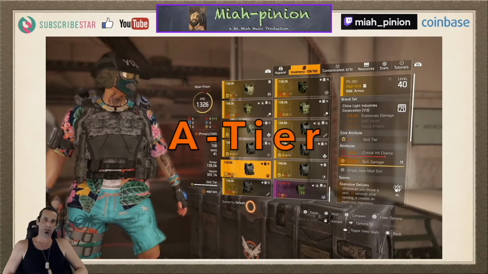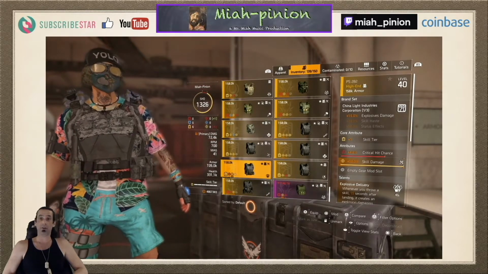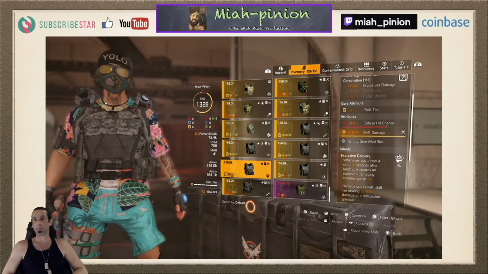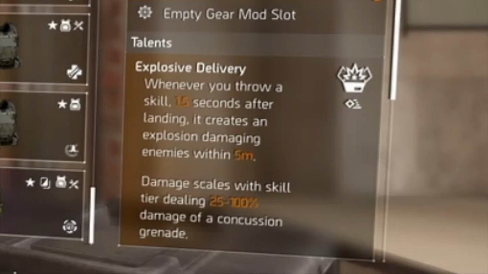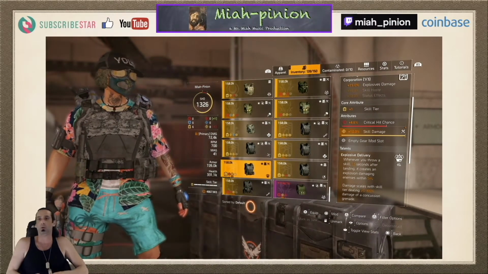Moving from the S tier down to the A tier perks, one that works to great effect and is a lot of fun is Explosive Delivery. Whenever you throw a skill, 1.5 seconds after landing, it creates an explosion damaging enemies within 5 meters. Damage scales with the skill tier, dealing 25 to 100% damage of a concussion grenade. Since we are at skill tier 6, we're of course going to do that